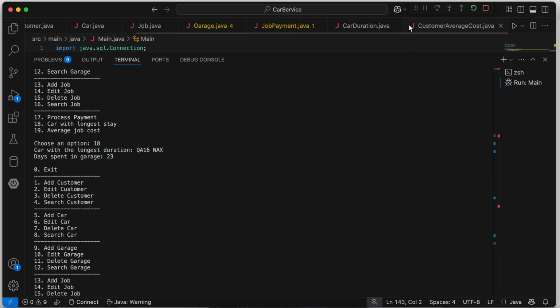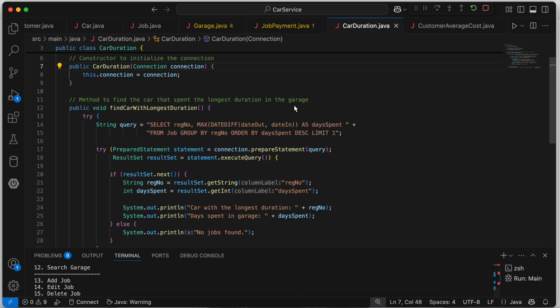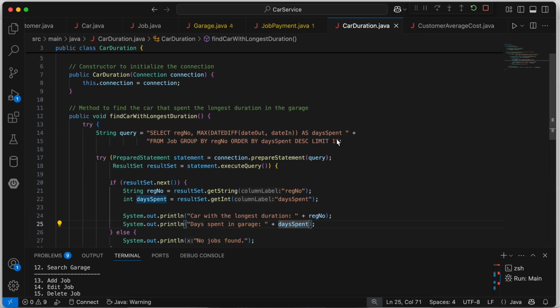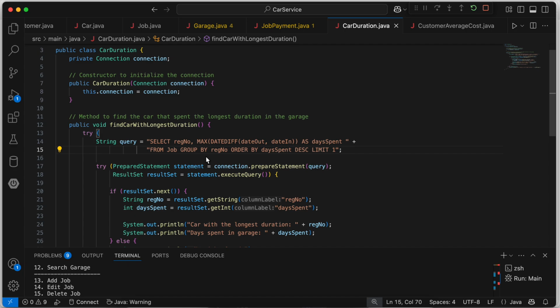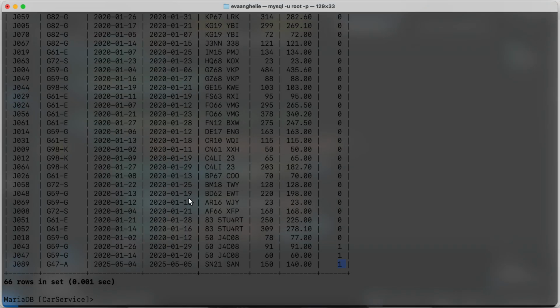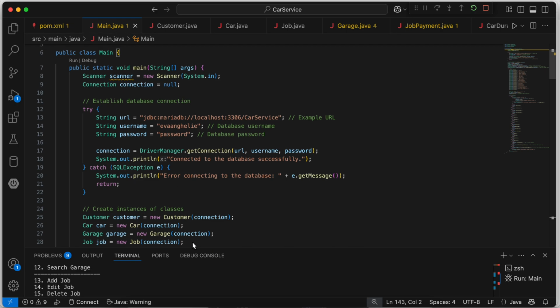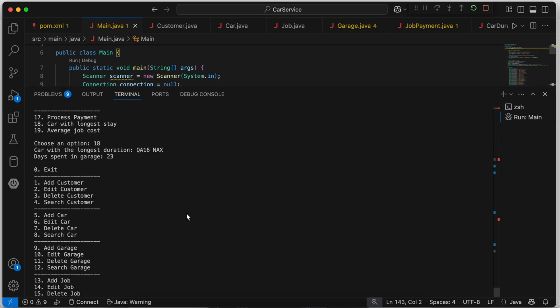And let's see, this is the car duration query here, that it runs. So it uses the reg number and days spent here, and it replaces it in the query. And this query is run, and it gives us the car with the longest stay duration. Okay, let's get back to the code, and let's